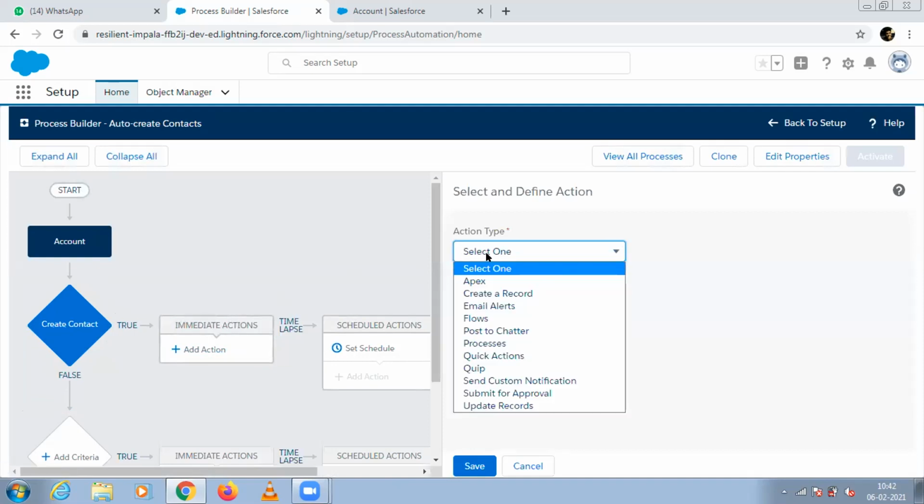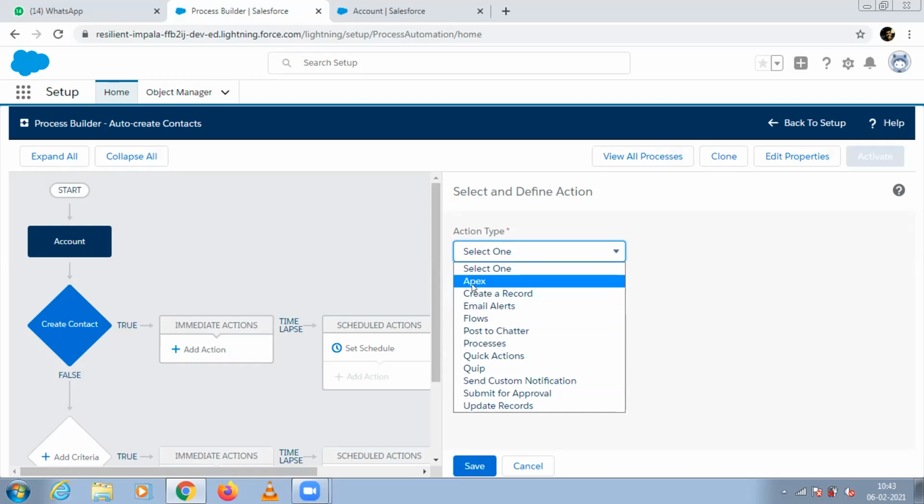you see, there are different actions which I can do here. I can fire an Apex class. I can fire a create record, email alert. Email alert we already did in workflow, so you get the same thing here. You can fire a flow, we'll discuss that next. We can do a post to chatter. We can fire quick actions. What are quick actions? Quick actions are buttons on the screen itself, so it is just like firing that button. We can add quick documentation, update record, submit for approval. Everything can be done. All these functions are available here. Outbound message is not possible, but through Apex code, you can fire